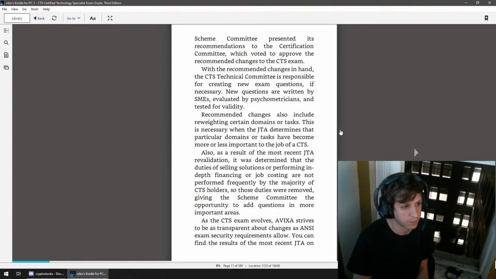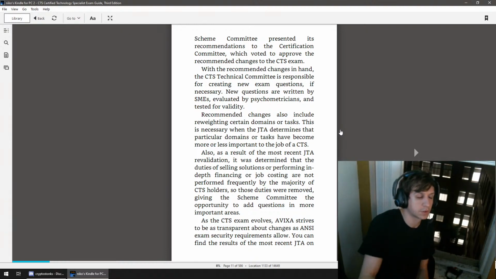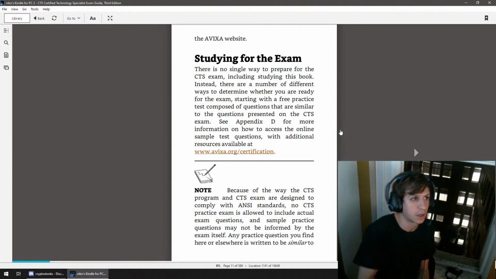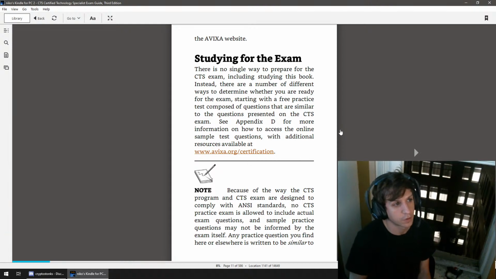As the CTS exam evolves, AVIXA strives to be transparent about changes as ANSI exam security requirements allow. You can find the results of the most recent JTA on the AVIXA website. Studying for the exam. There is no single way to prepare for the CTS exam, including studying from this book. Instead, there are a number of different ways to determine whether you are ready for the exam, starting with a free practice test composed of questions that are similar to the questions presented on the CTS exam. Information on how to access the online sample test questions with additional